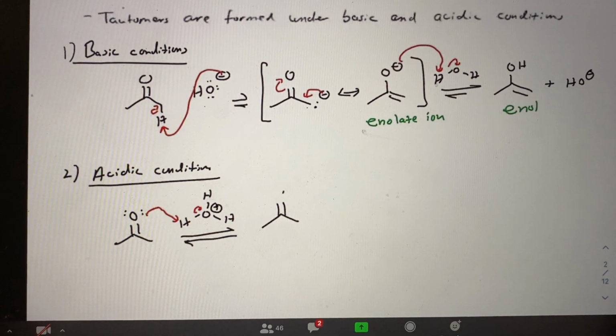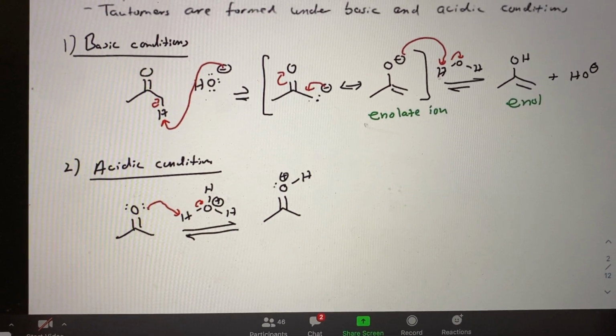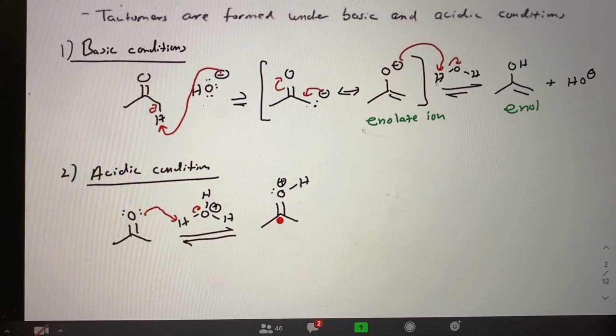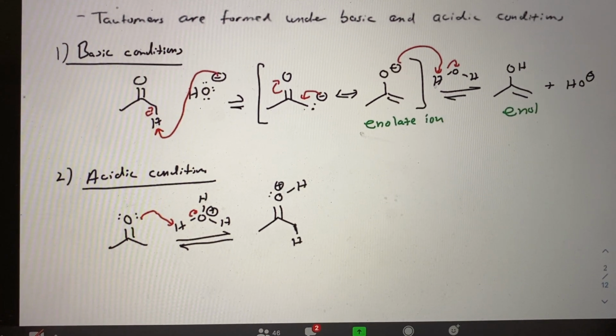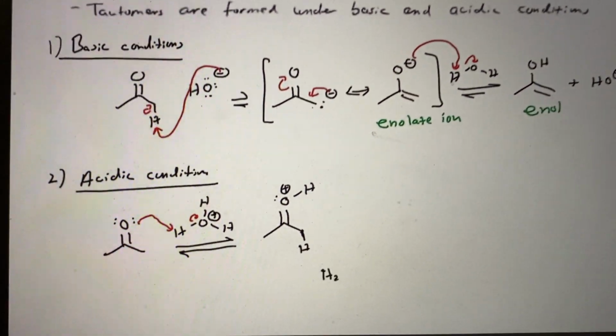So very similar to what we've seen before. Put the lone pair in there. Now what this does is, like we've seen before, make this carbon more electrophilic, which it does. But another thing this protonation actually does is it makes this proton more acidic because it's going to stabilize the intermediate. So we could have water